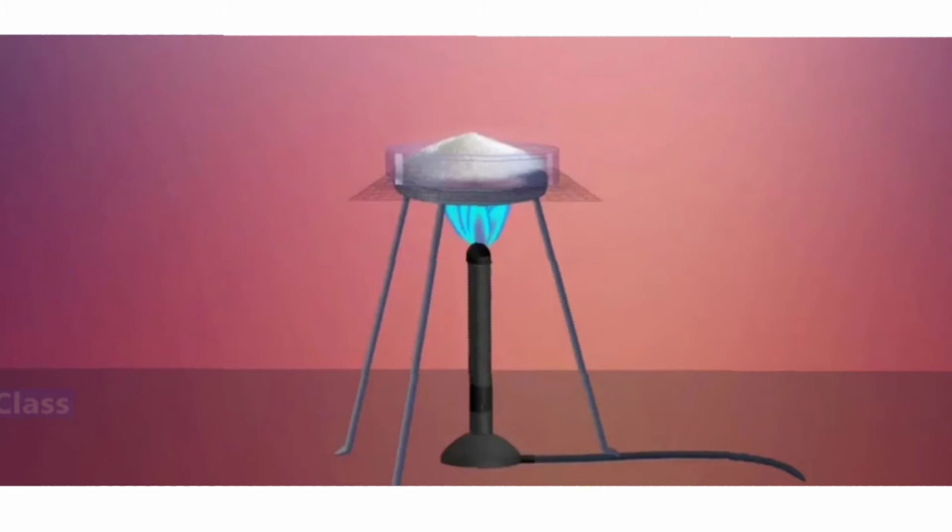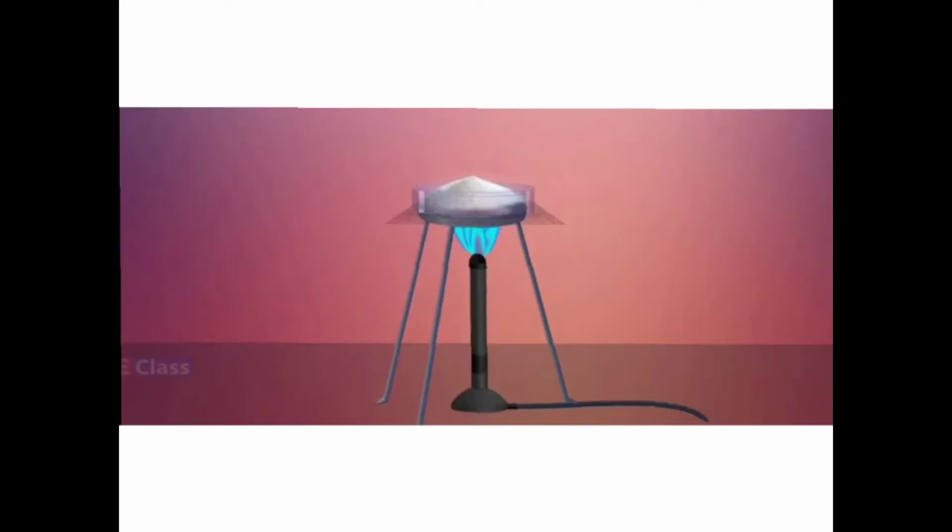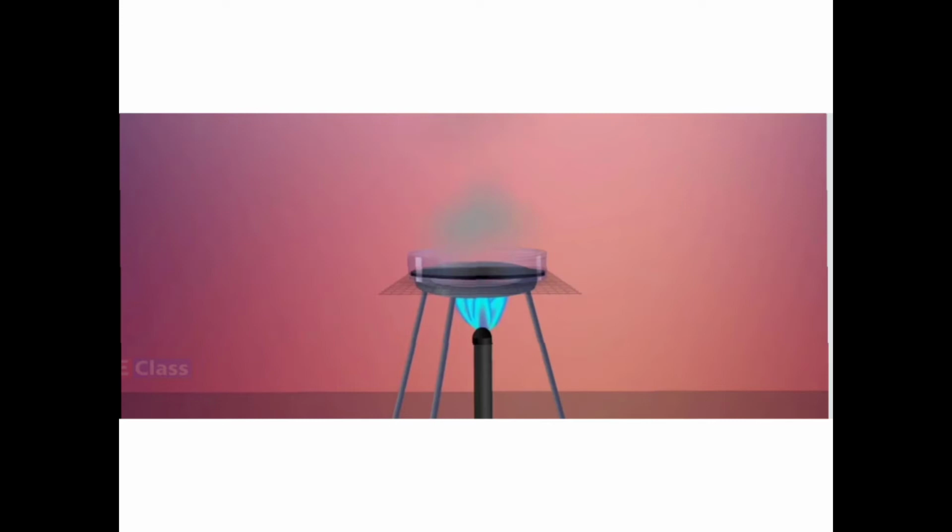Slowly what I am observing, soon the sugar is getting melted, a transparent fluid is observed. Slowly the color of the transparent fluid changes into brown color, and at the end just the black color thing remains in that evaporating dish. So what does it indicate? Black color is of carbon. So whenever sugar is heated strongly, you get carbon and all the water molecules get evaporated.